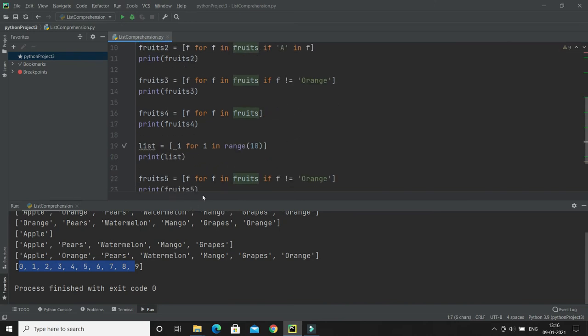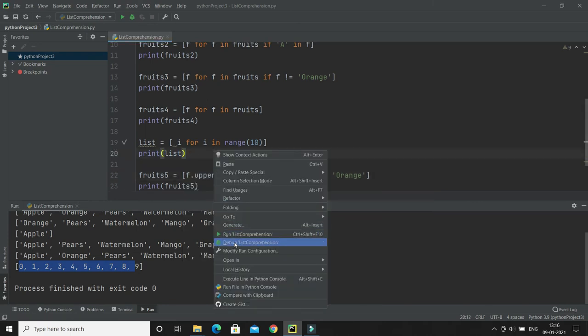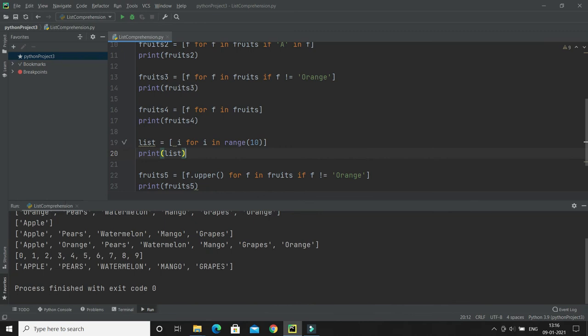And while collecting, after filtering that item, I would like to convert it into uppercase. That we can also do. Let me run, and here you can see all the fruit items have been collected except orange, and they have been converted into uppercase. You can do that as well.